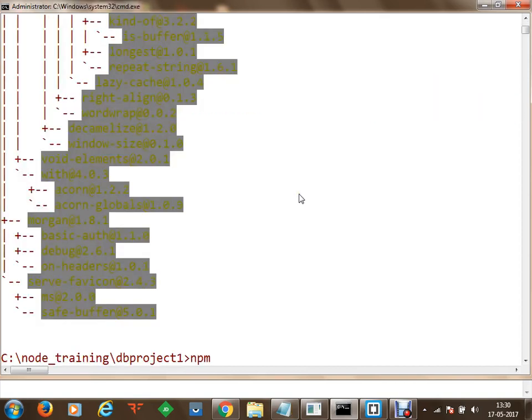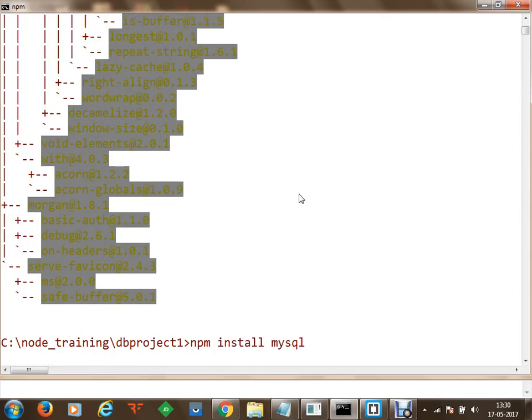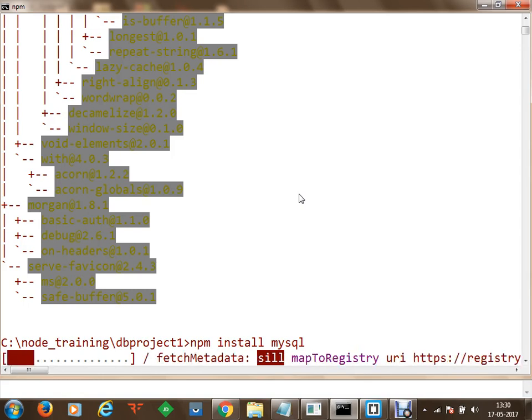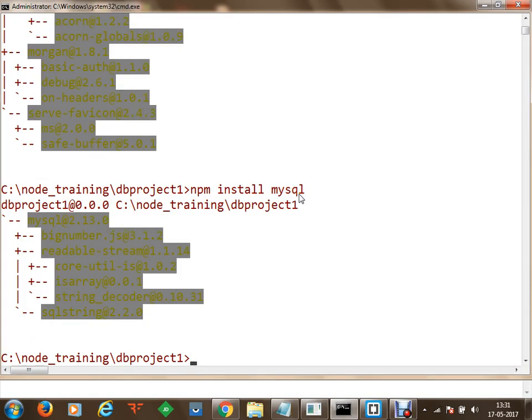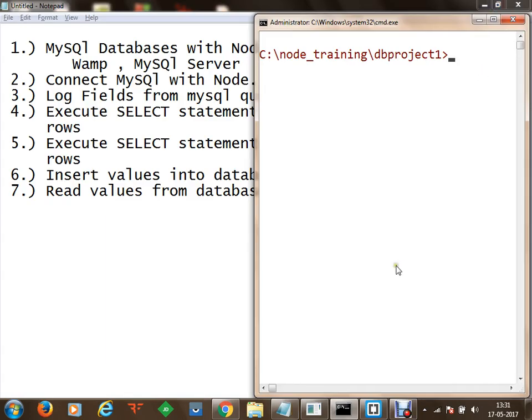Now once the libraries have been installed, we are going to install MySQL for this project, DB project 1. Once MySQL has been installed, we are going to open our DB project in Brackets and get started with designing a new application which will be able to take values from the user and store them into the database.